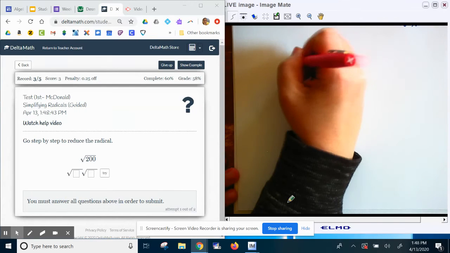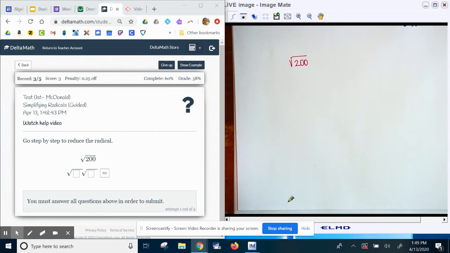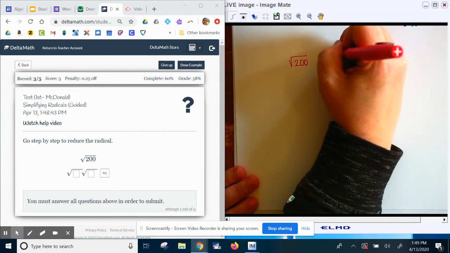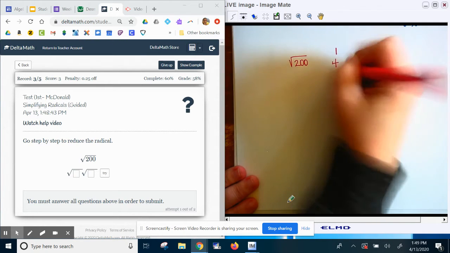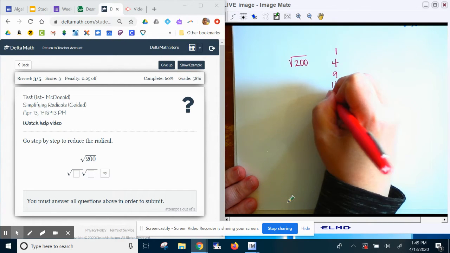So this time we've got the square root of 200. Now, if you just made a list of perfect squares, you could just copy that list down. If you didn't, remember, we just multiply. 1 squared gives us 1, 2 squared is 4, 3 squared is 9, 4 squared is 16, 5 squared is